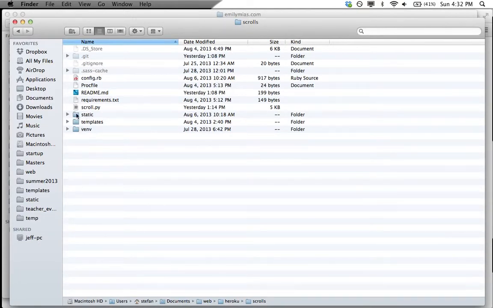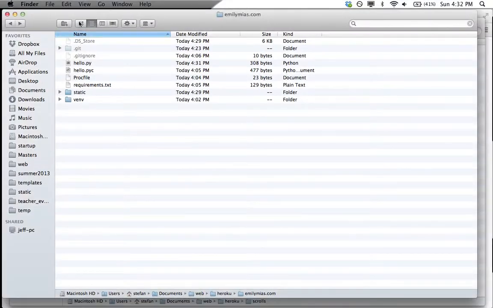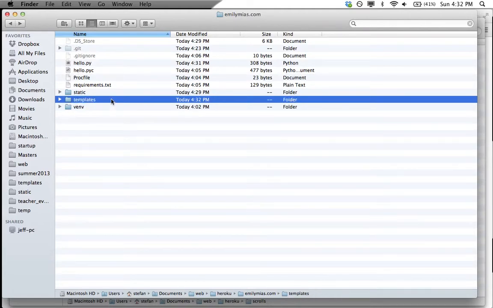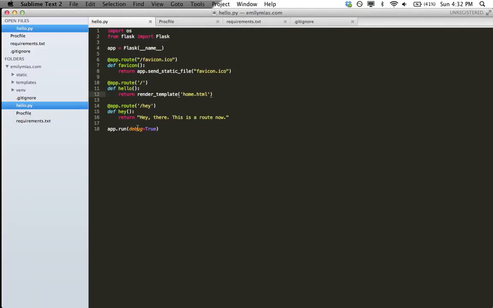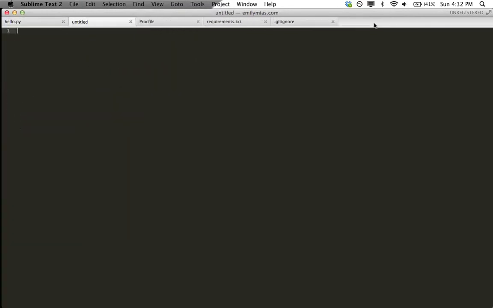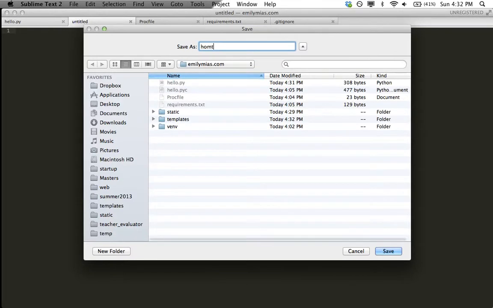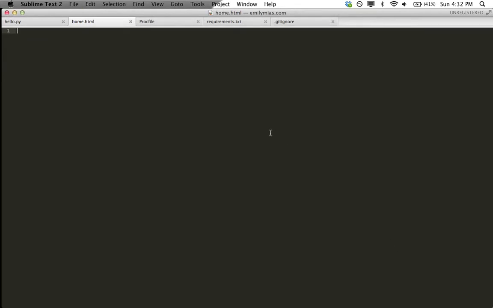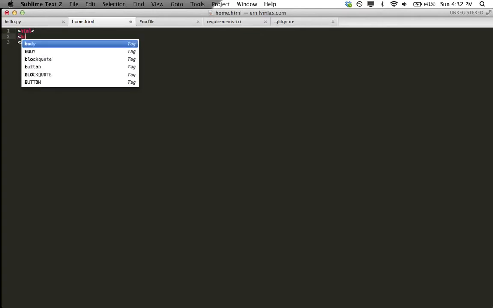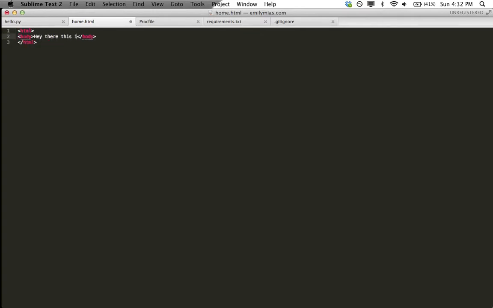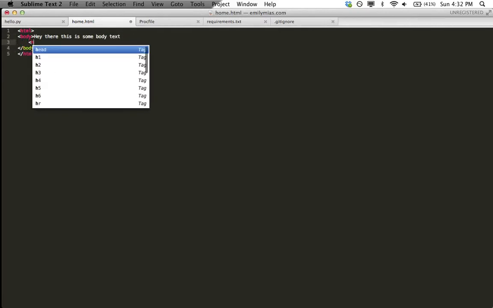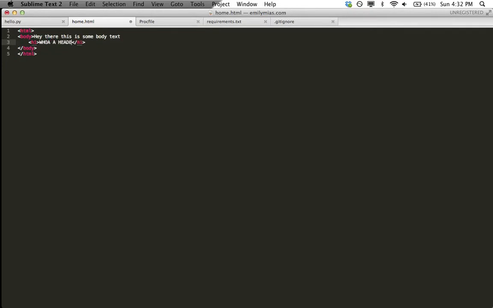Static, templates. They're served from templates. Alright, so we make a templates folder. That should show up in here. Yep, you see templates over there. I'm going to create a new file called home.html. I'm going to put it in the templates folder. Hey there, this is some body text. Whoa, a header. Alright, and now if we go to our home,